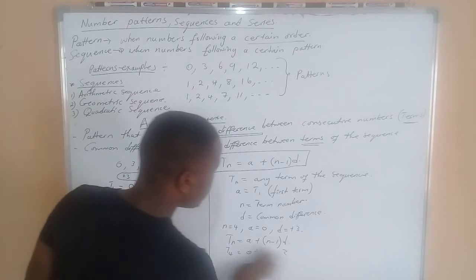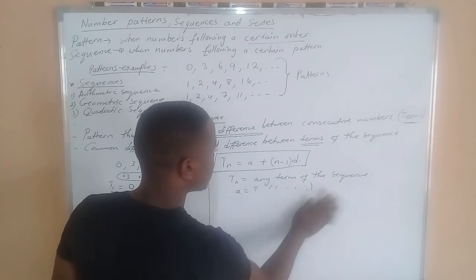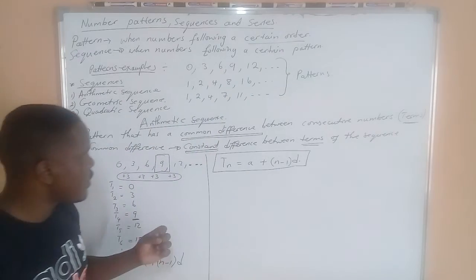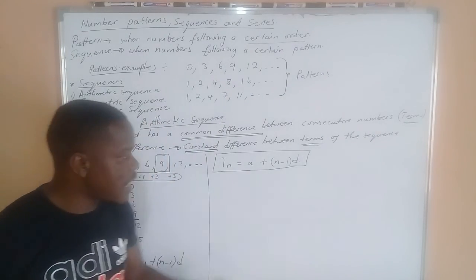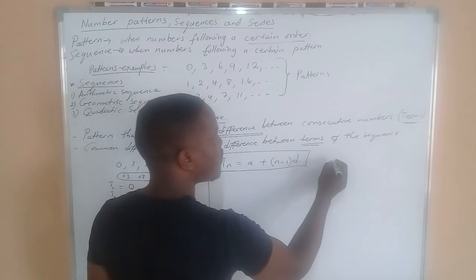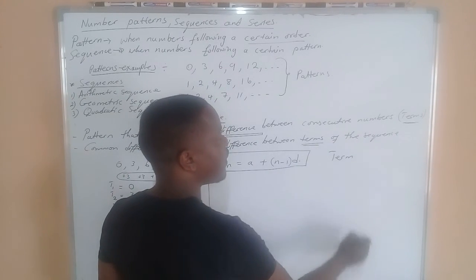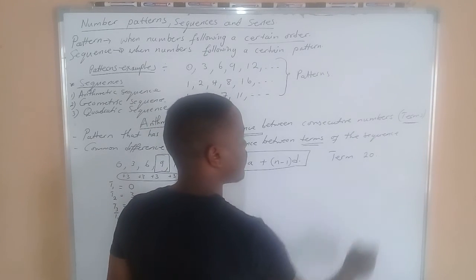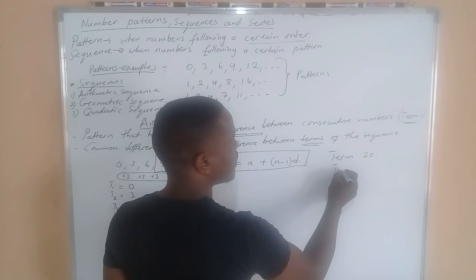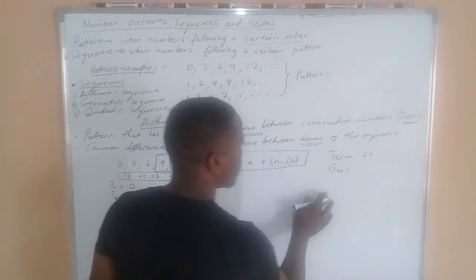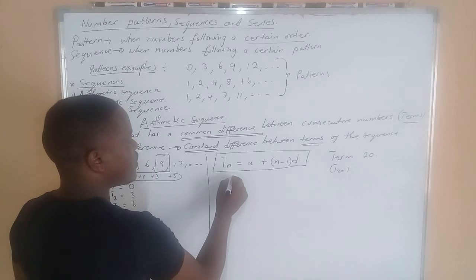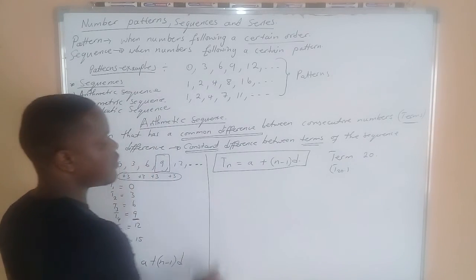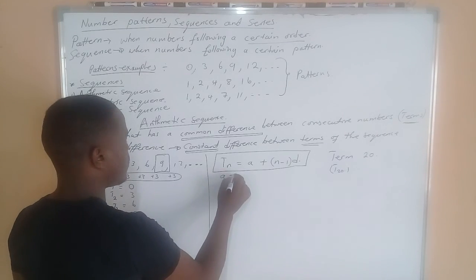That's what you do if you are using this formula to find any term that you're asked to calculate. So let's say they ask you to find term 20, which is T20. Tn is equal to a plus n minus 1 d. We already know that our a is equal to